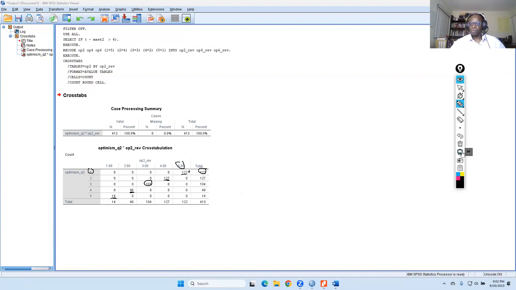Okay. And what we're trying to do here is just line these up. So if they got a 1 in the new file, we're seeing that these people who got a 1 in the new file have a 5 in the old file. If they got a 2 in the new variable, then they got a 4 in the old one. If they got a 3 in the new variable, then they got a 3 in the old variable.